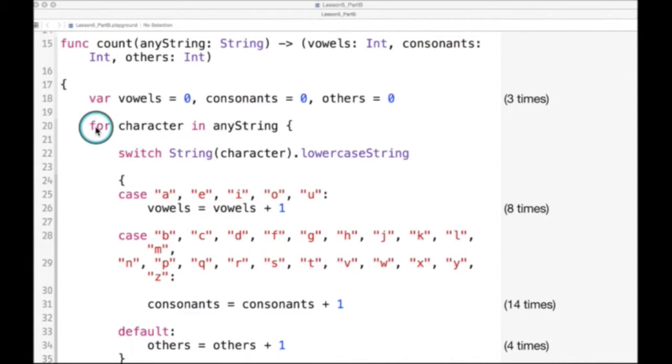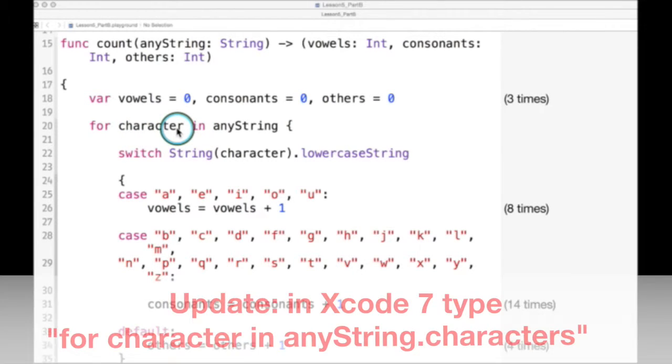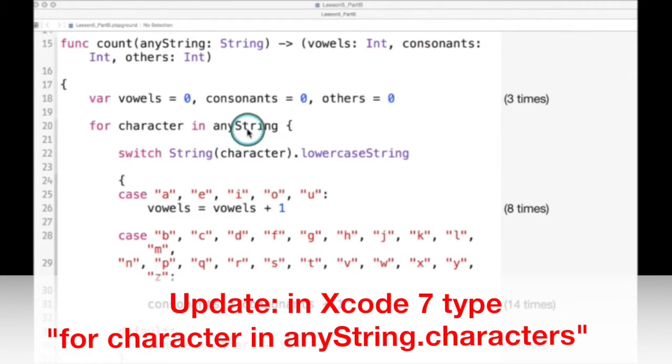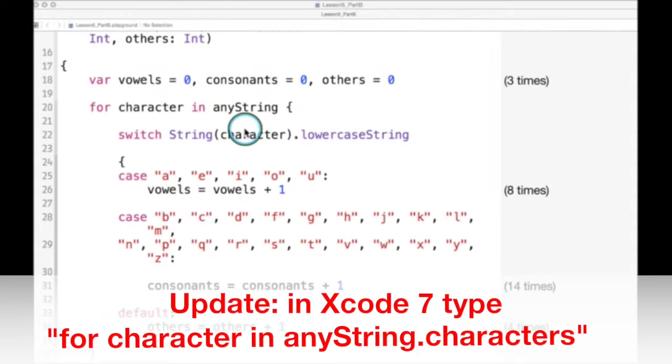Then I've got a for in statement. It's like a for loop that's going to look at every character in the string. Which string? Any string. The one that I sent it, the input string. It's going to look at that input parameter string. In this function, it's called anyString. It's going to look at every single character in that string, and it's going to